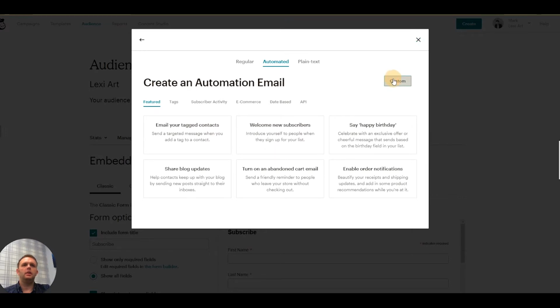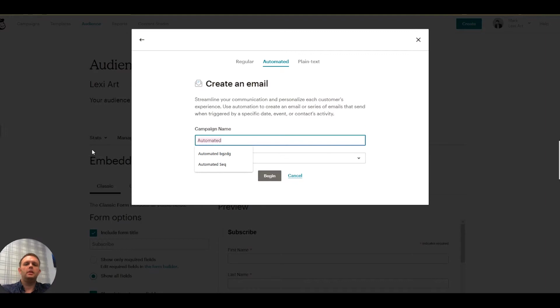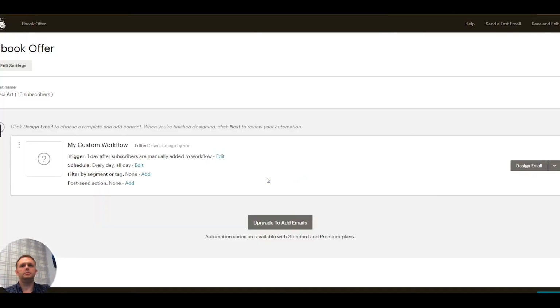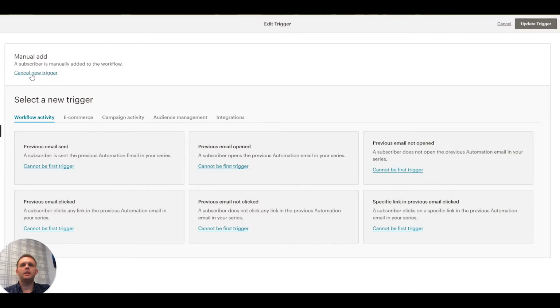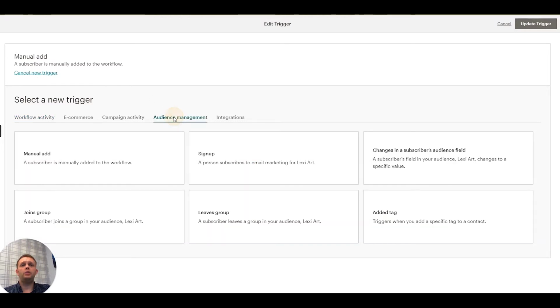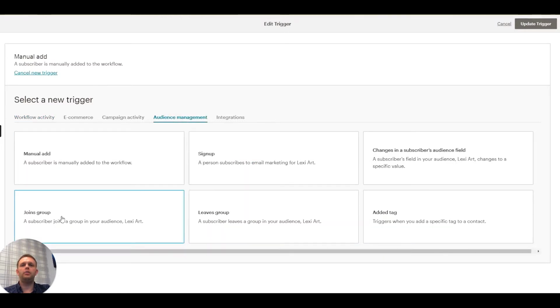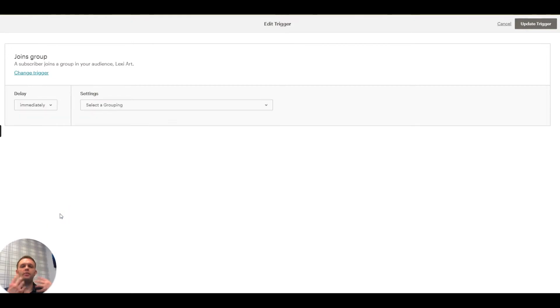So let me go through that again. Ebook offer, begin. Okay, so under trigger, we're going to change this. So we click on edit. We're going to make it immediately. We're going to click on change trigger, and we're going to go to audience management, and we're going to click on join to group. Okay, so we've set up the form with the hidden group so that when somebody subscribes,